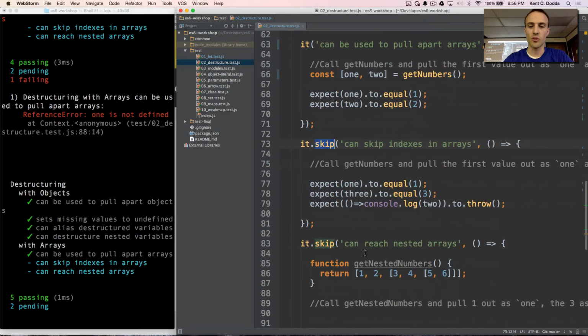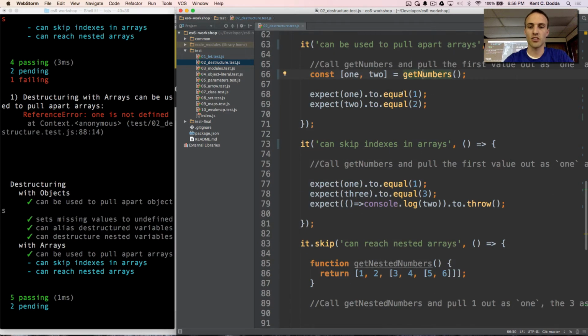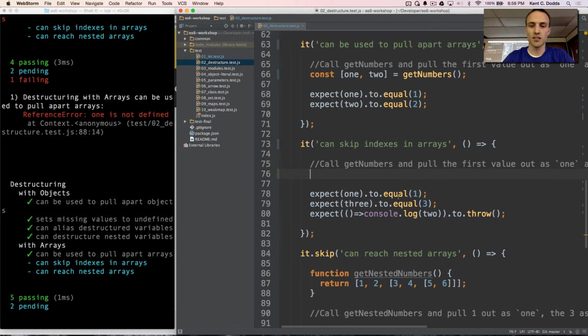I'm going to show you a little bit of magic that you can do by skipping indexes in arrays. One other thing is, you notice, even though I'm getting 1, 2, 3, 4, 5, 6, I don't have to actually reference all of the rest of them. I just have to go as far as I want from the ones that I want to pull out. I can also skip indexes in this array, so I can say const 1, or let's see, what do I need? 1 and 3.